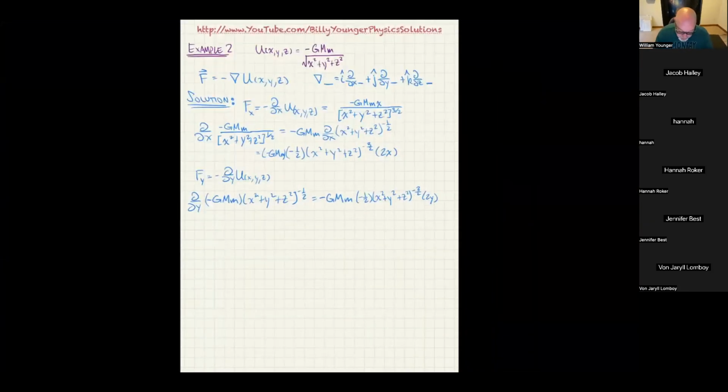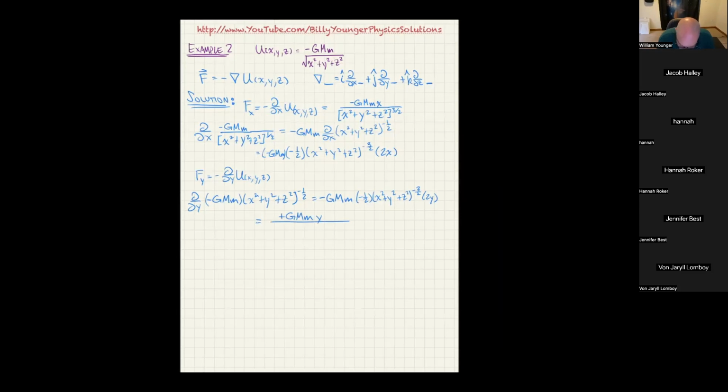Okay, hopefully that's good enough. Now I'll continue with this derivative, and I'm going to get, again, the -1/2 is going to cancel out with the 2, leaving just the y, but I still get that negative up there. Oh, that's right. The negative with the other negative is going to cancel out. So this is going to give a positive GMM times y